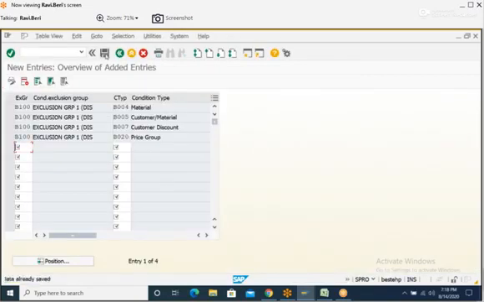Save it. So how many condition types you want to group? You have to assign all the condition types to your exclusion group. Save it. Go back.